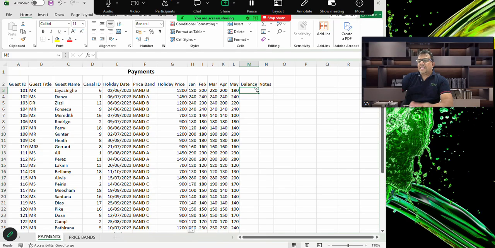How are we going to get the balance? To get the balance, we can just click on the balance cell and type equals. This is the holiday price minus the sum of the January, February, March, April, May values. So I'm going to write SUM,